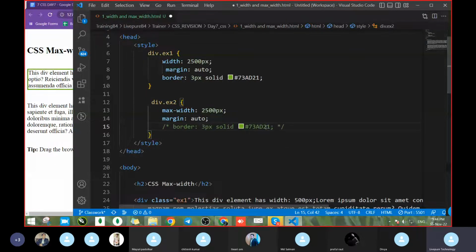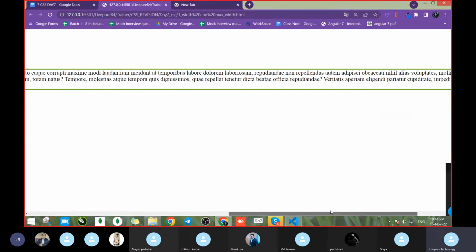अगर आप चाहें तो इसे नोट डाउन कर लीजिए। विड्थ और मैक्स विड्थ में, विड्थ में क्या प्रॉब्लम हो रहा है। अगर हम विड्थ लिख रहे हैं तो आपका वेबसाइट रिस्पॉन्सिव नहीं बनेगा। क्यों नहीं बनेगा? क्योंकि नीचे बॉटम में कुछ डाटा लॉस हो जाएगा और नीचे स्क्रॉल बार आएगा। हमारे नीचे में स्क्रॉल बार आ जाएगा, तो वो हमारे वेबसाइट को स्क्रॉलेबल बना देगा।